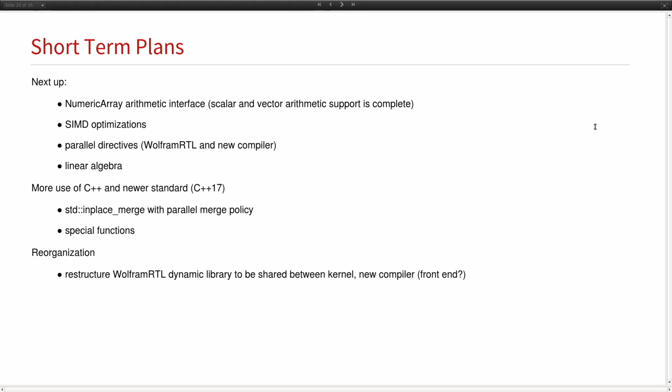Another thing we want to look at is parallel directives, both inside the Wolfram Runtime Library and in the new